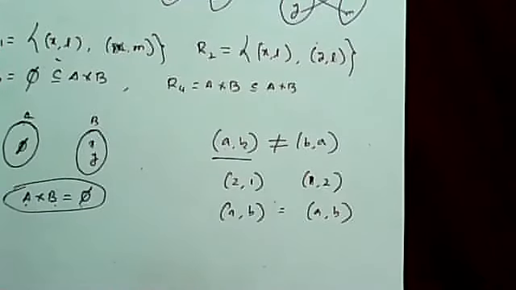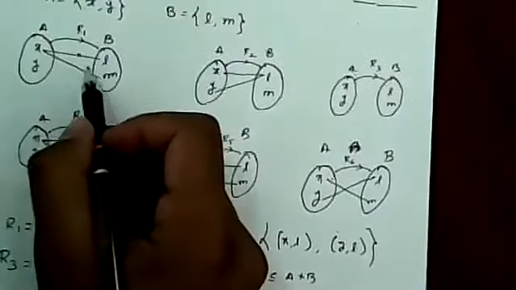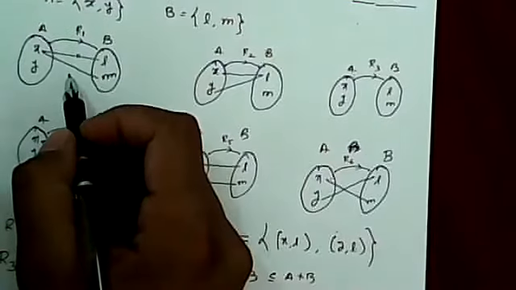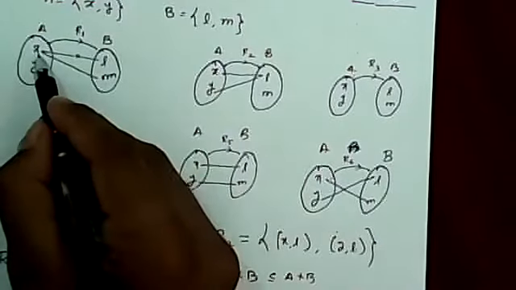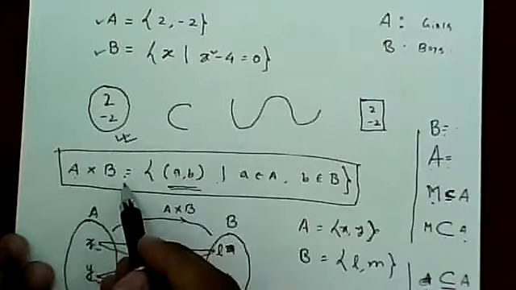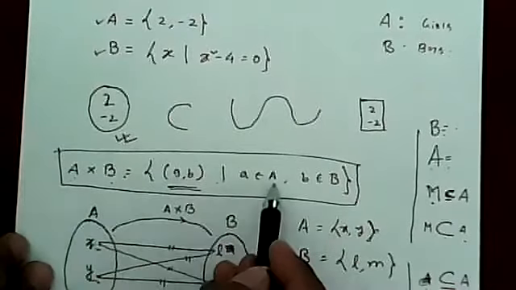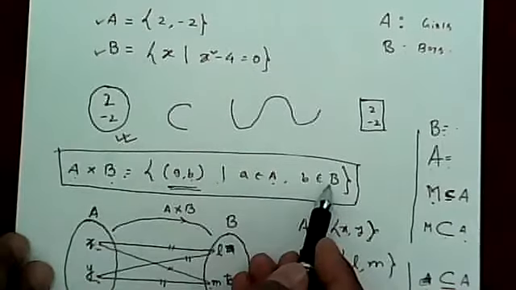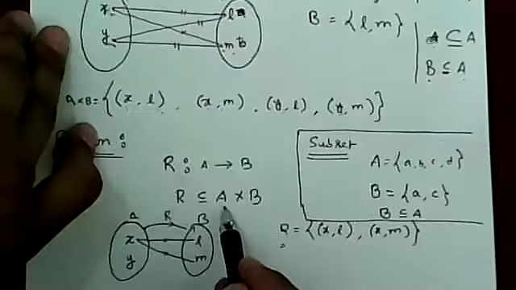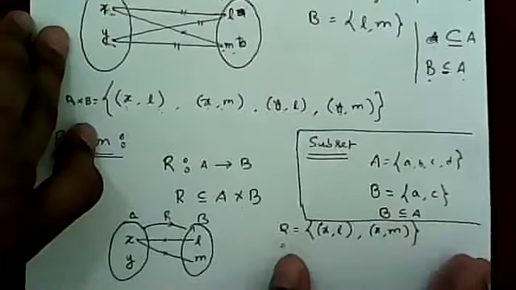Sir, can we say that ordered pairs are always written in the direction from left to right, like first element from the left? Oh yes, yes. In case of relation, this is always going to happen. Always, I will write the first element from the first set. That is the definition of the Cartesian product. The first element is from the first set, and the second element is from the second set. And the relation is a subset of the Cartesian product. So in case of relation, this is also going to happen.